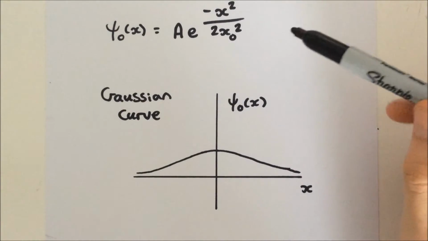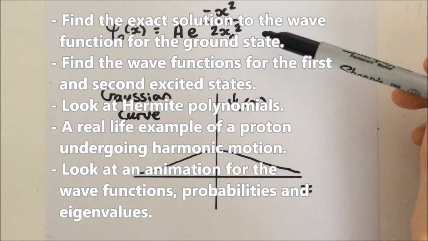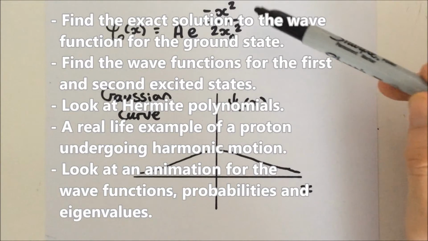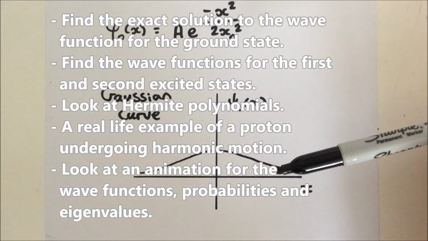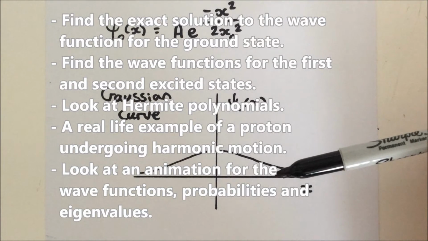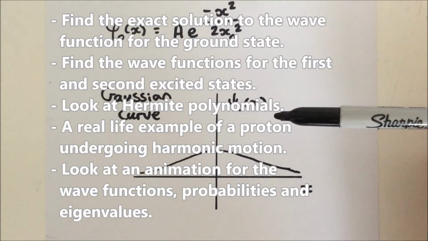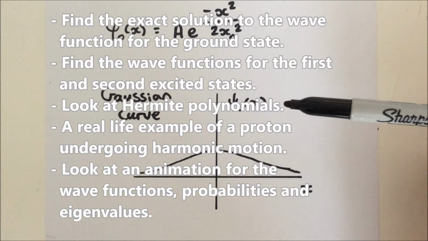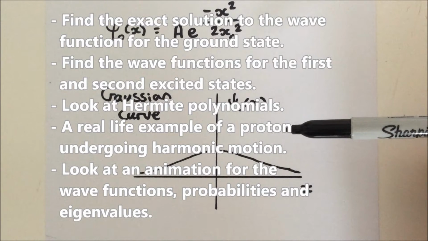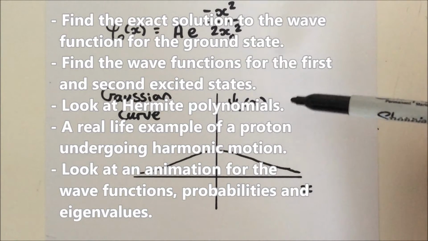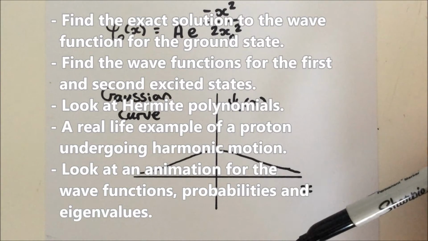In this video we're going to solve the exact wave function for the ground state, so we're going to be solving for A. We're also going to find the wave functions for the first and second excited states, and I'll also introduce to you harmonic polynomials. And by the end of the video I'll show you an animation that illustrates the wave functions and the eigenvalues